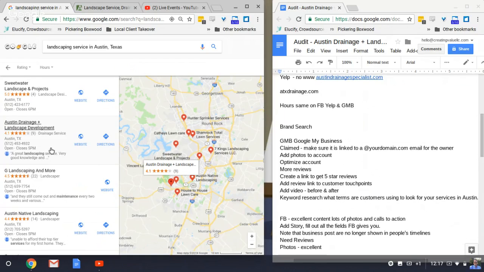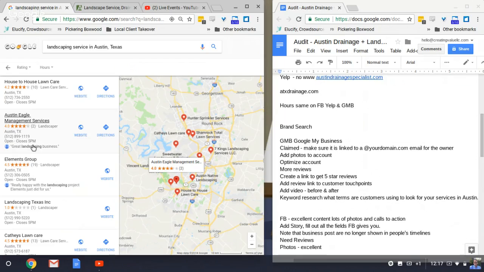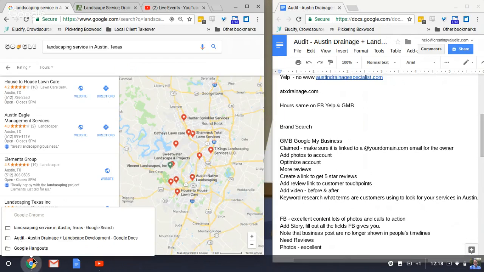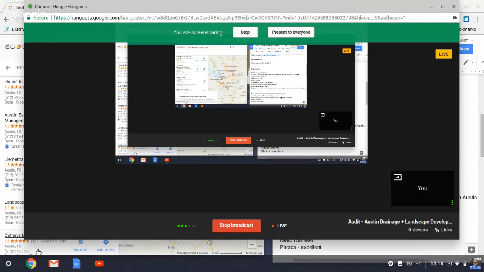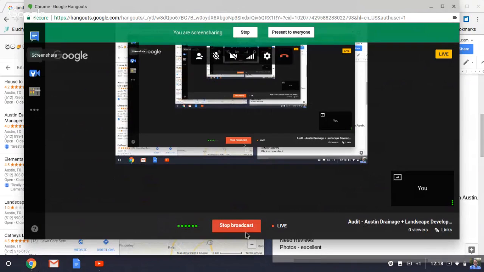I'd start with who your competition is and what categories they're using, and then we can also look at what secondary categories they're using. I think I've gone beyond a quick look, so let me stop this. That's taking a look at a particular business and their brand search results.